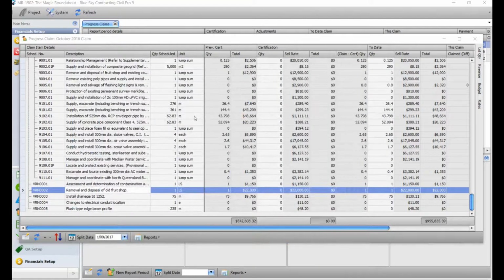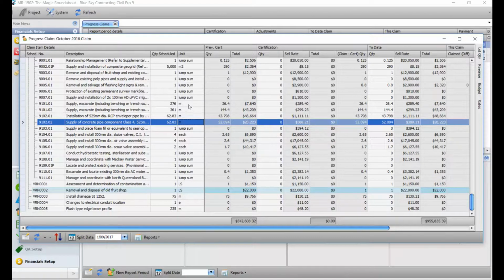Finally, I'm going to update my estimates of the quantities at completion. Quantities at completion can be used to generate a claim report with additional information for the client, notably the expected final value of the project and the estimated value to completion. It also provides two important values for the monthly reporting and forecasting: the revenue at completion and the earned budget at completion. To update the quantity at completion, you can show the necessary columns and band using the column chooser,